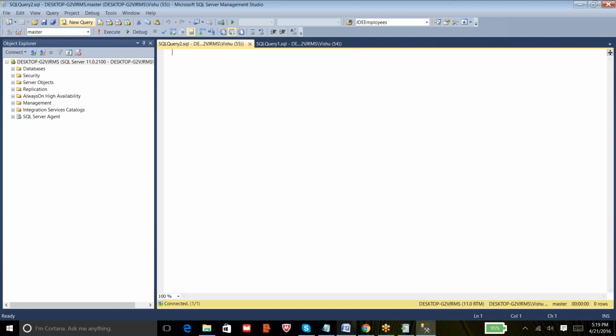The process of moving the data from the LDF file to the MDF file is taken care of by SQL Server itself. We don't need to do anything manually.